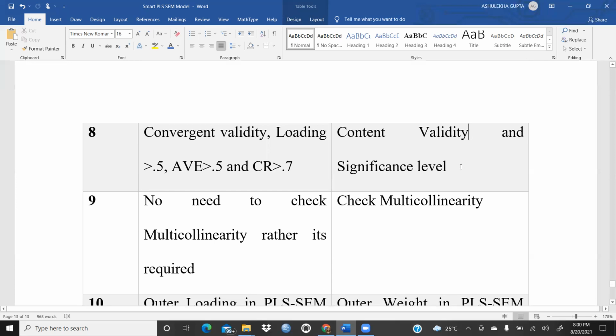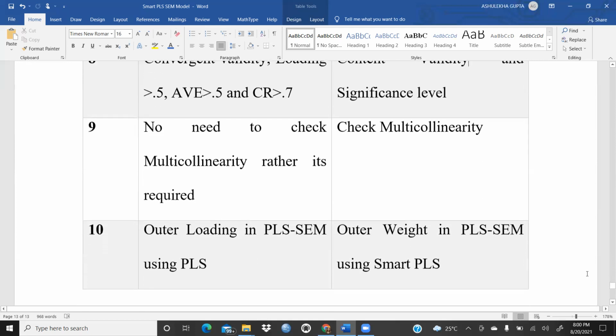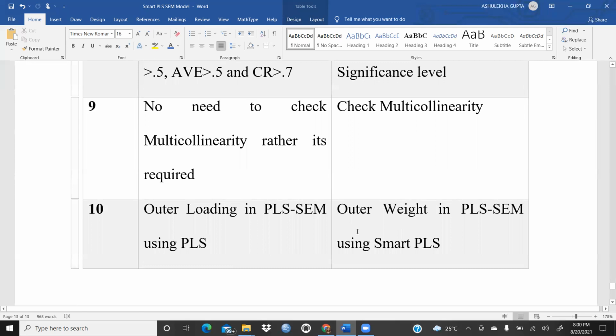That means we are discarding the null hypothesis. In the reflective case, no need to check multicollinearity, but in this case, multicollinearity check is very, very important, because there should not be a multicollinearity issue in the formative model.